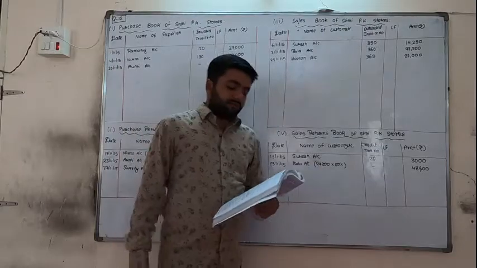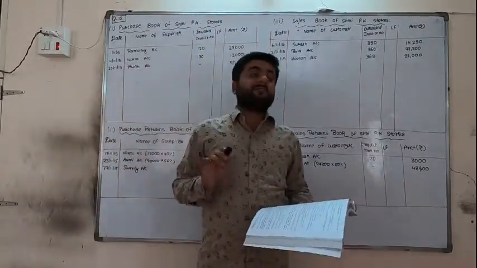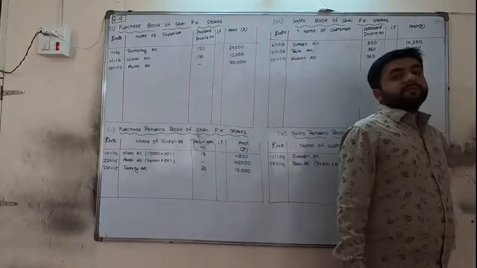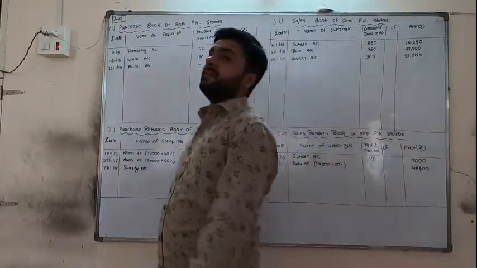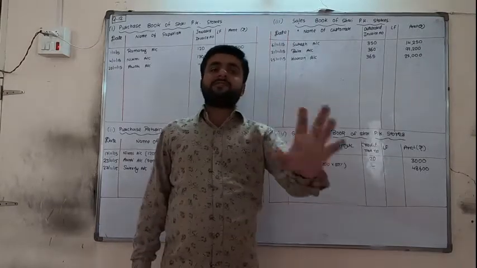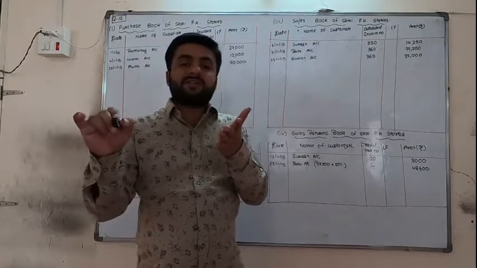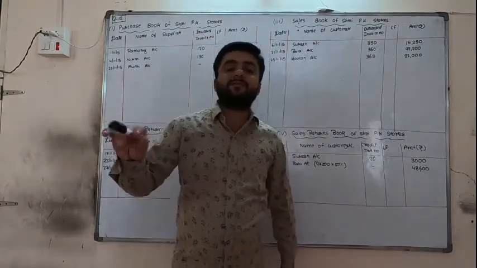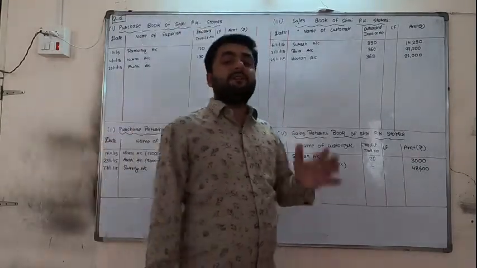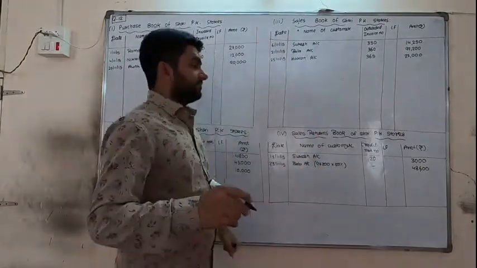Karan returned half of the goods and proportionate amount of carriage was given credit. Underline this carriage. Why is this proportionate amount given back? See, whenever we are sending the goods, we are incurring carriage. So whenever he is returning, that expense is to be given back to him. This thing we will learn next chapter. Now you just underline again. We will write this carriage will be shown in journal proper. But now we have to only record that Karan is returning half of the goods.